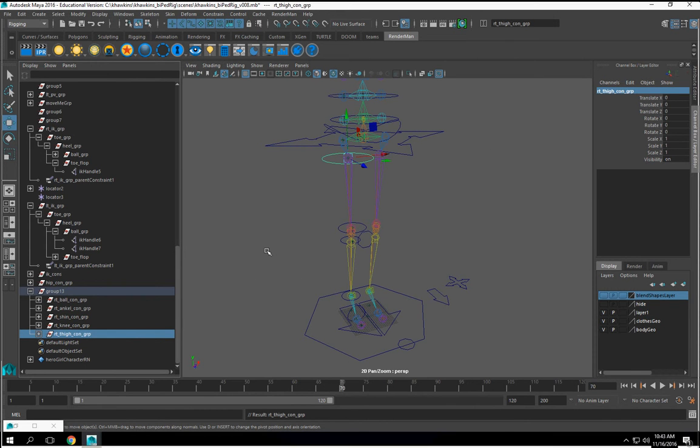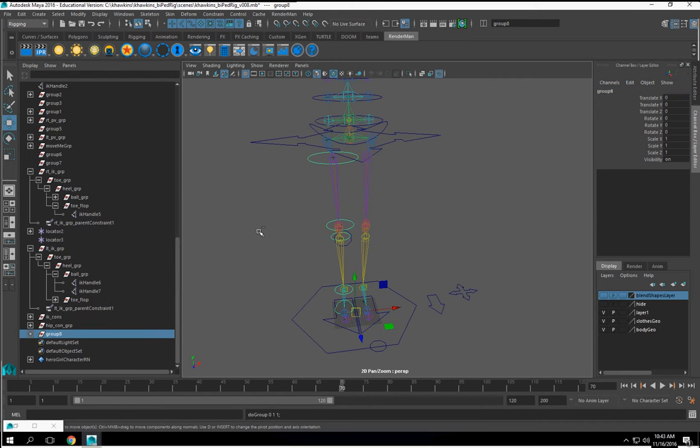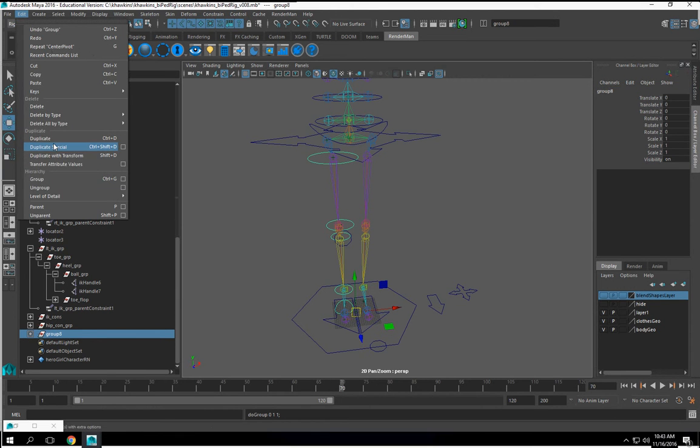Group. RT leg group. Alright, so I'm going to take this, group it to itself, edit, duplicate special,